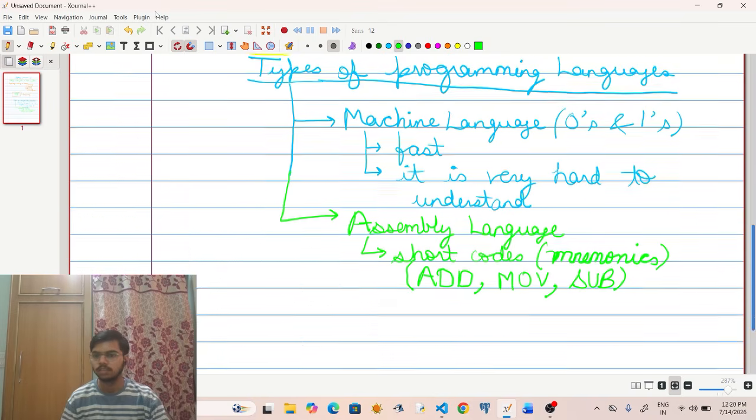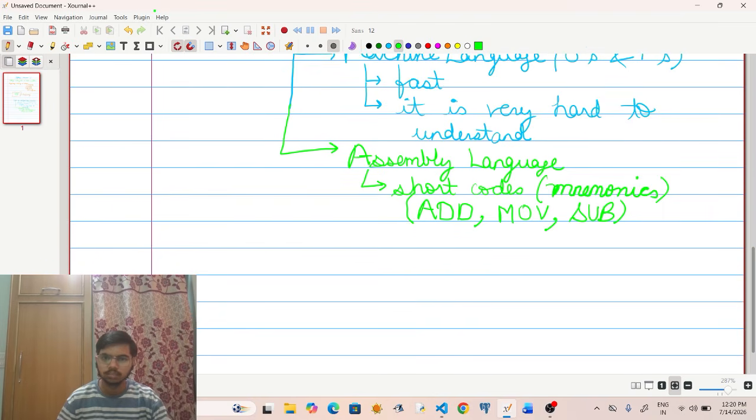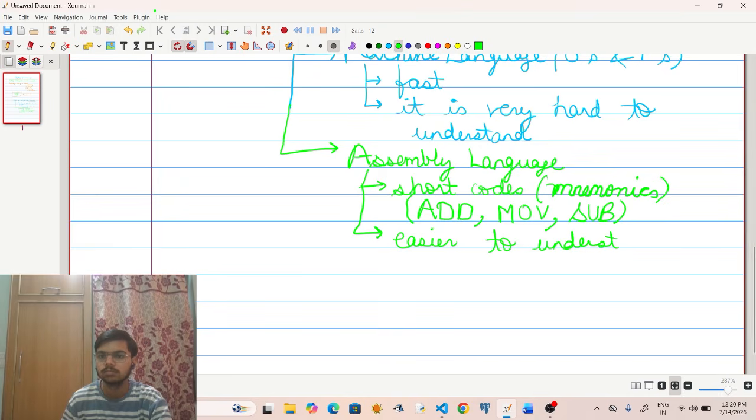And one more thing about it was, because of having some words or short codes, which are called mnemonics, just like English language, it was easier to understand as compared to machine language.